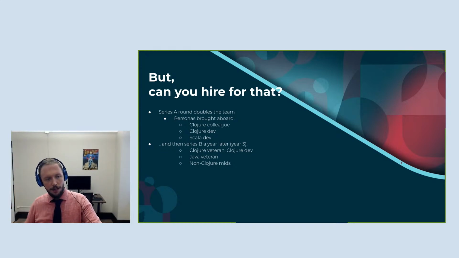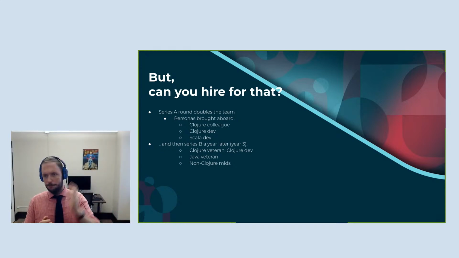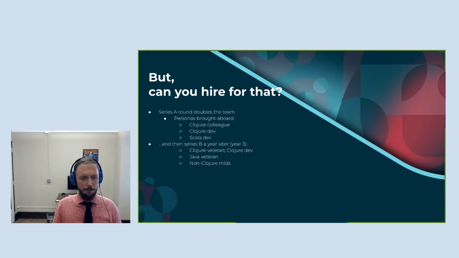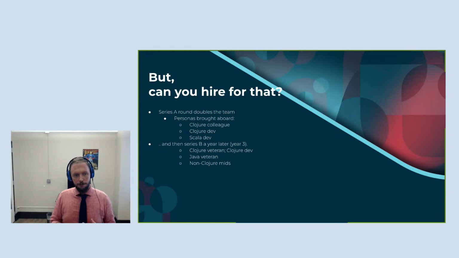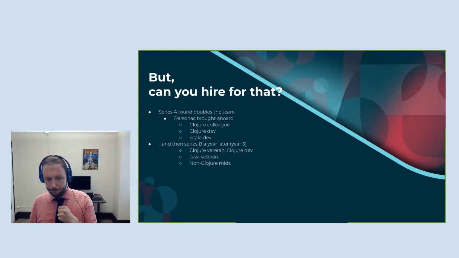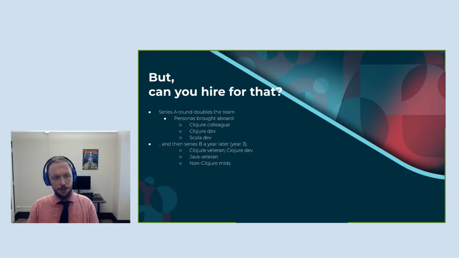That Series A round, which were the first hires outside of the core first few of us, yeah, I brought in somebody I worked with at a prior Clojure shop. So it certainly helps to recruit him. But also had a former colleague who used Clojure, and he came aboard. We hired a senior engineer from another Philadelphia company who had only worked at Scala before, but for whom this other functional language was a compelling choice. And so, yeah, even though it wasn't through the network, it was also through this functional language.